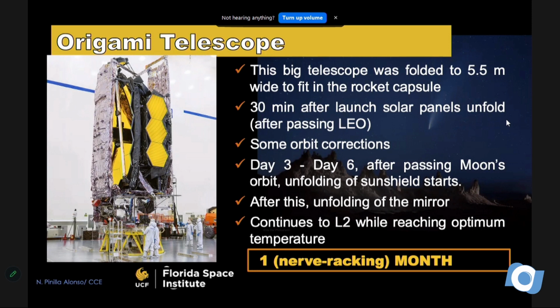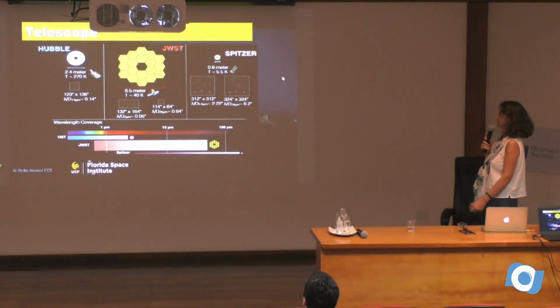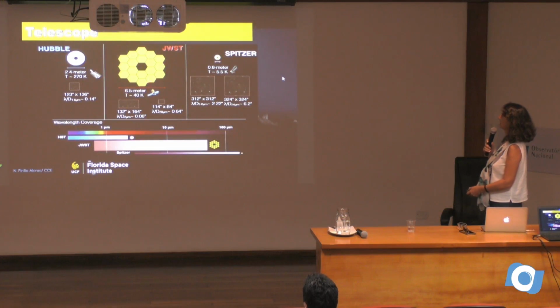So we were checking it, got it. It really worked incredibly. It was a huge work from the operations group and the design group. So now it's orbiting there, and what is Webb giving us? So this is the size of the mirror, and it's giving us,